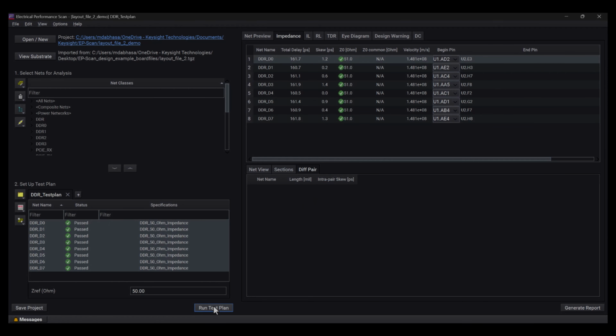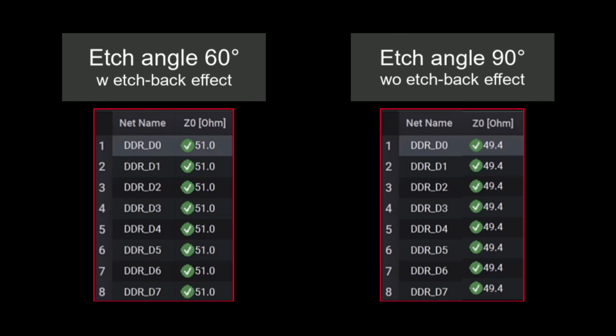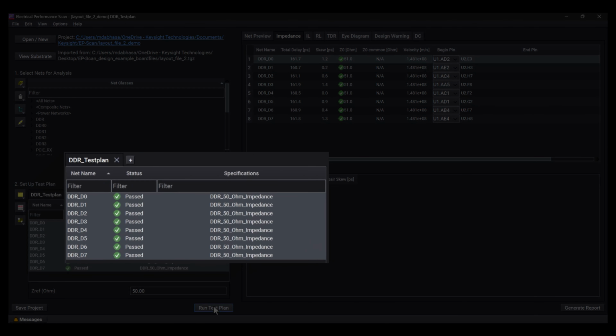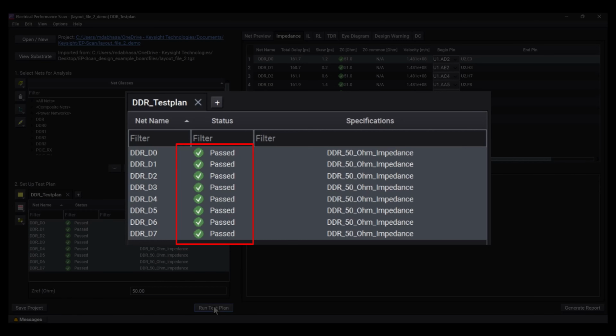As expected, including the etch back effect increases the trace impedance. With fabrication variation included, the current design still passes the specification, showing the design remains valid under realistic manufacturing conditions and giving added confidence to the